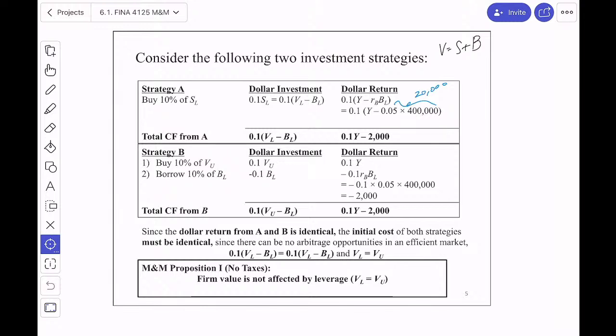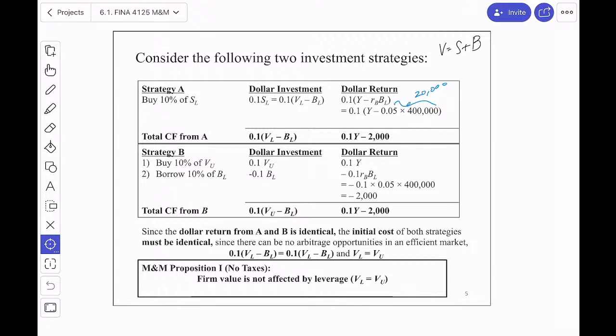Because that has to be paid back. So if I put that together, I get this. So this is now the investment. In strategy A, this is the investment. In strategy B, that focuses on investing in the unlevered firm,